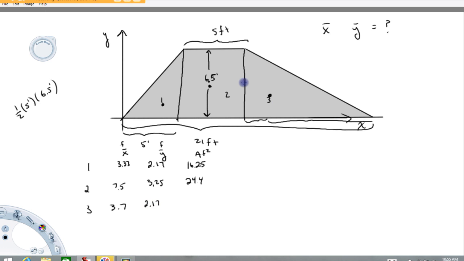And then the area of this guy, this is going to be a triangle. The area of this triangle right here, I'm going to write this down over to the side, is going to be 1/2. Its height is 6.5 feet. And this dimension was, I forgot it, but 21 minus 5 minus 5 more, 11 feet. And that product